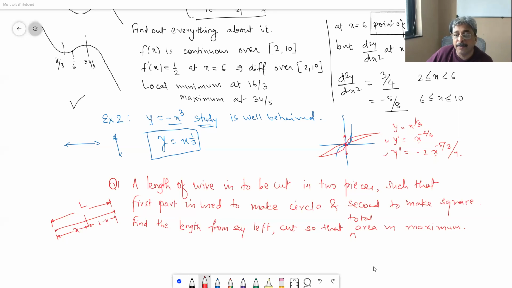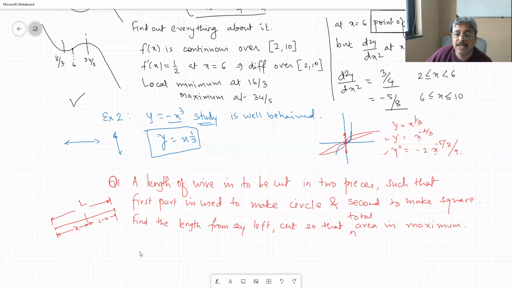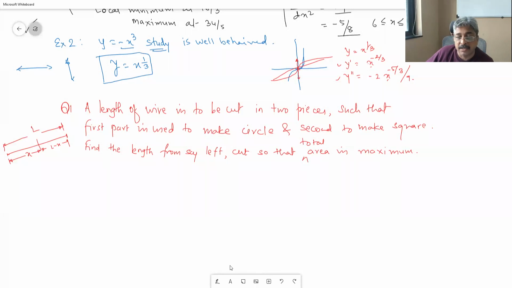This is the first problem in finding out maximum minimum, and the majority of the students make a mistake. It is said, where should we cut the wire so that we get maximum area, and they're good, they write the function very well, but unfortunately do not look at the second derivative. Let me create the area function. Total area is equal to, X is the perimeter, therefore